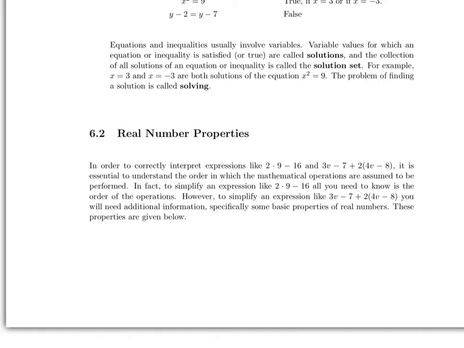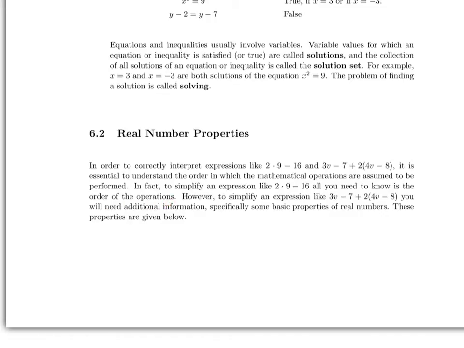In this screencast, we discuss the properties of the real numbers. In order to correctly interpret expressions like 2 times 9 minus 16, and even longer expressions like this, it's essential to understand the order in which the mathematical operations are assumed to be performed. In fact, to simplify an expression like 2 times 9 minus 16, all you need to know is the order